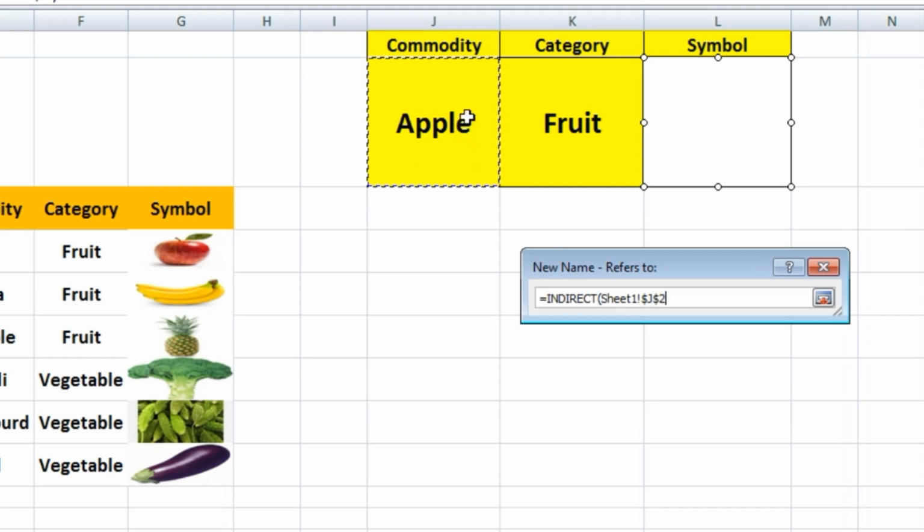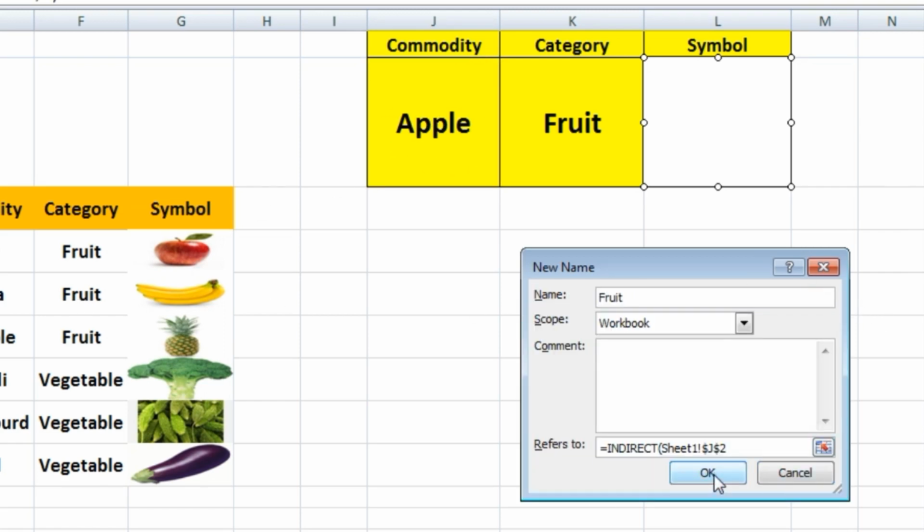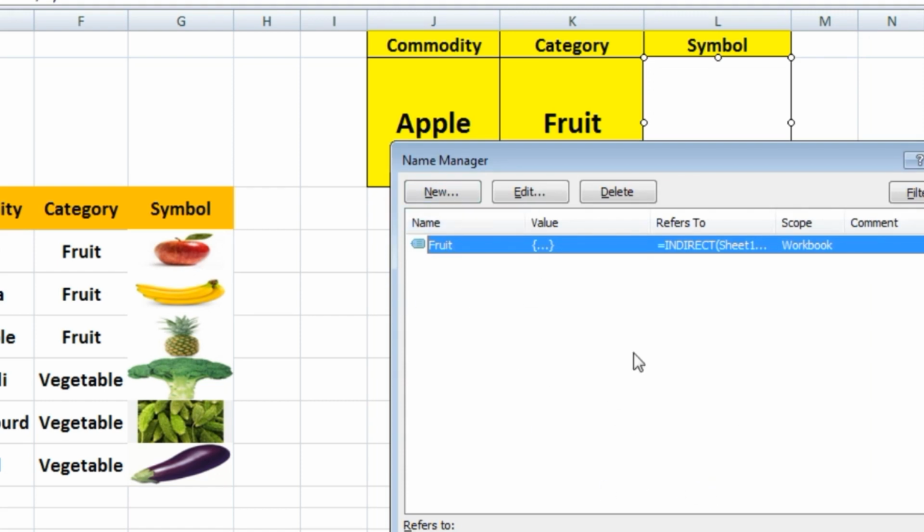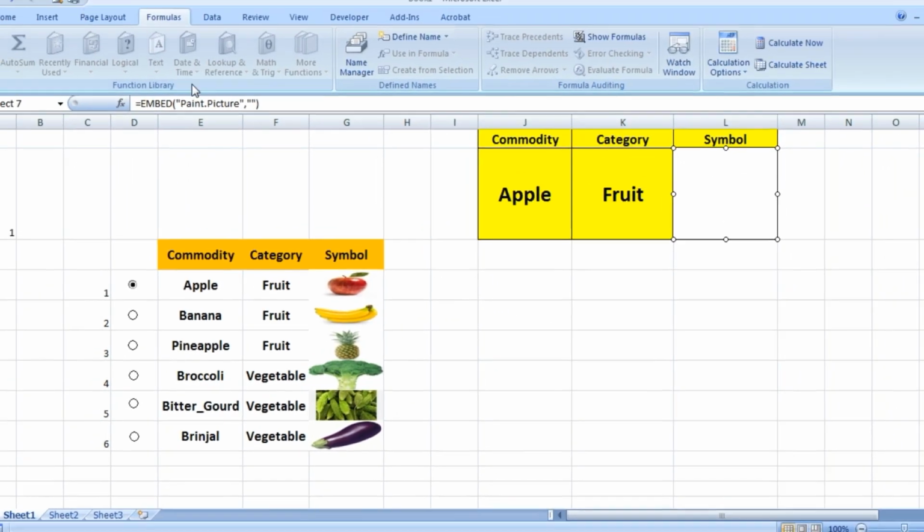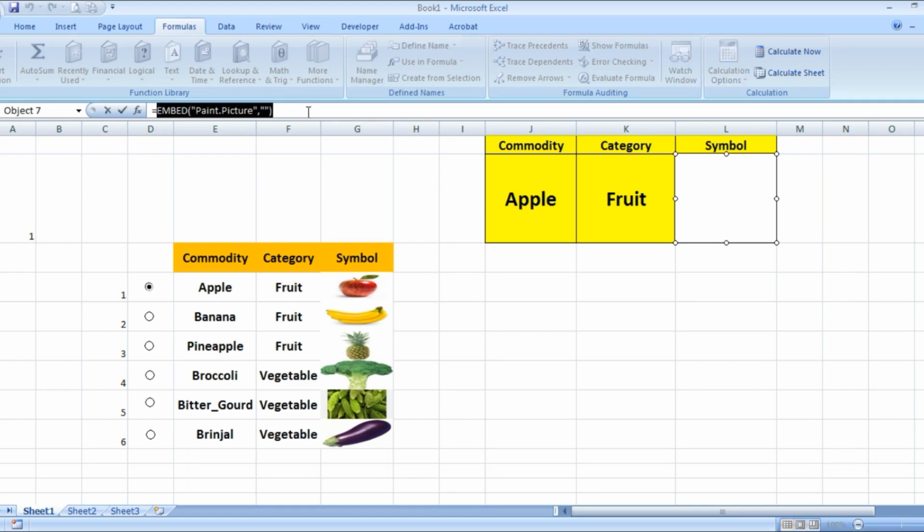Because this value is required, we will fix this value also. I'll tell you later on. Okay, now close. Now this value we have to put here in fruit also. Select it and press enter. We have done the referencing part of this.